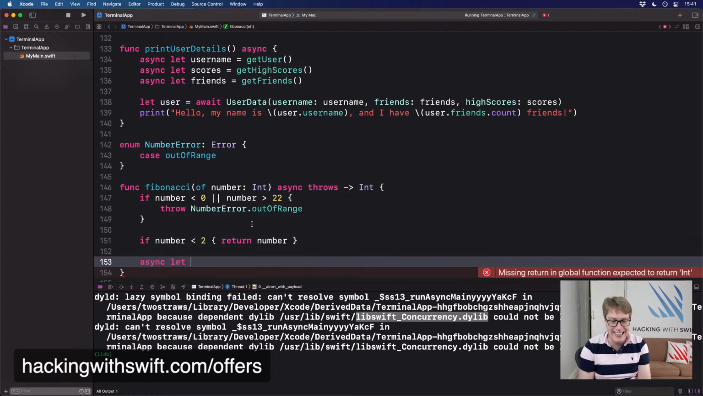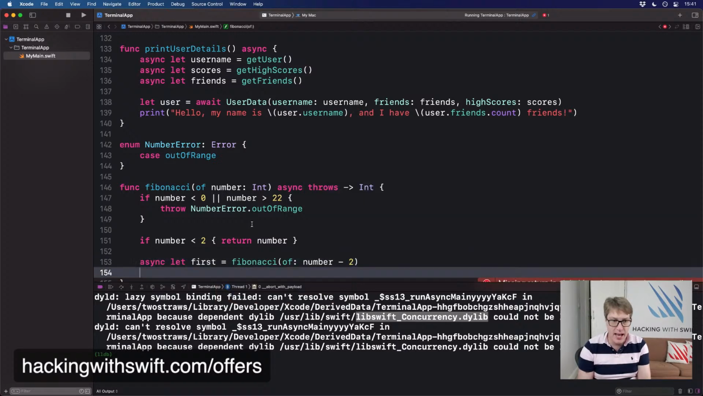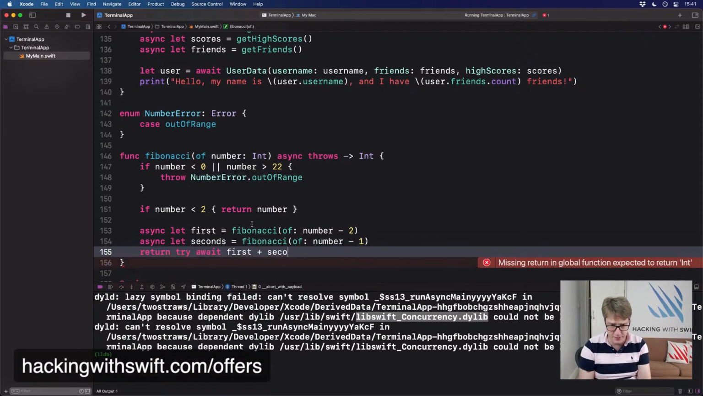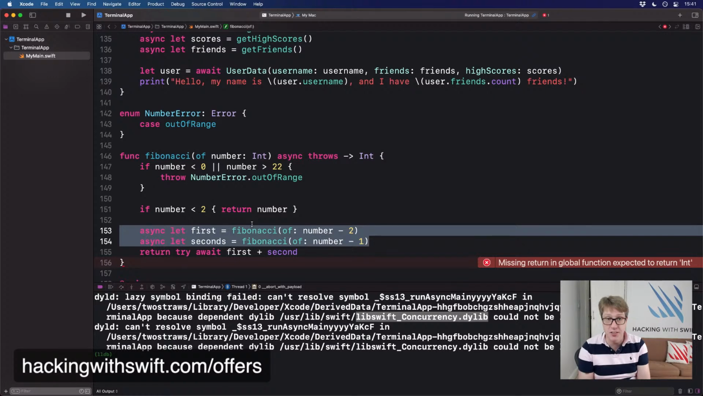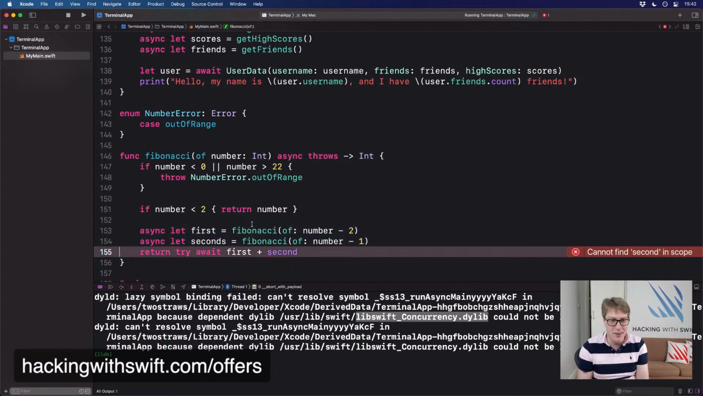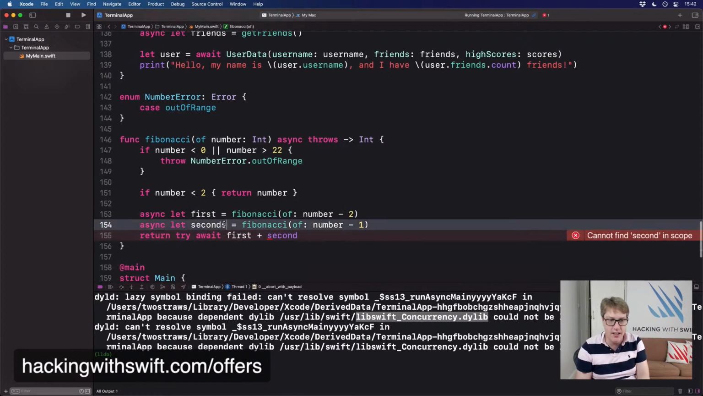Otherwise, we'll use async let to call Fibonacci of our number - 2, and then async let second equals Fibonacci of our number - 1, and return try await first plus second. Like that. So we're calling ourselves recursively without memoization using async. This is going to be deeply inefficient, right? You really don't want to do this. So yeah, please don't. But the point is that we can handle calling asynchronous throwing functions here very, very easily